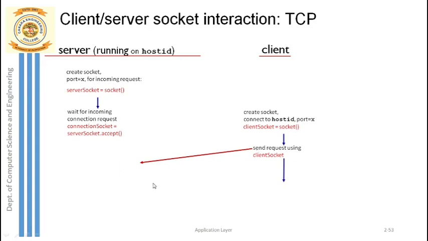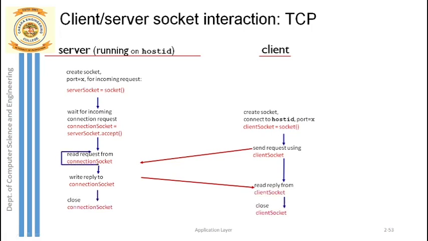This time, to which socket are you sending the input message, which is in lowercase? That message is sent to the connection socket only. The connection socket will read that sentence, and as our server has to convert it into uppercase, after that the reply will be sent back to the client socket. On the client side there is only one socket. Our client will read the reply, display that uppercase sentence, and can close its socket once things are done.